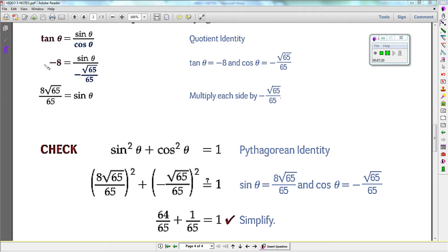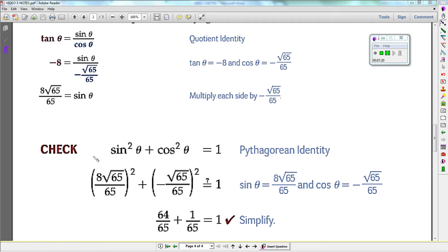And on the left hand side, when you multiply two negative numbers, your answer will be positive. So you have 8 times square root of 65 over 65. Now here we don't have to rationalize the denominator, because we don't have square roots in our denominator. Just make sure if you see a square root in your denominator, then you have to do one more step, which is